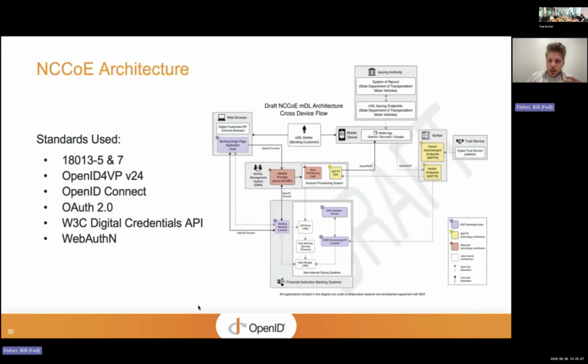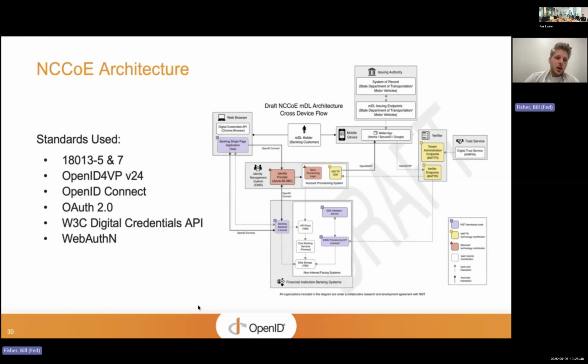I've talked about standards a lot already in this presentation, and standards are the center of what we're trying to do here. So for those of you who are interested, we have several different standards that we have implemented so far in our architecture across several different standards bodies. I would assume for this audience, most of these are going to be familiar to you. But specifically, we've implemented 18013-5 and 7 in our architecture. So the mdoc specification for the data format, credential format, excuse me, inside of -5, and then the remote presentation that is specified in -7.